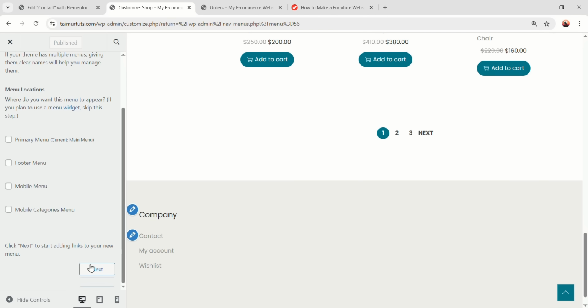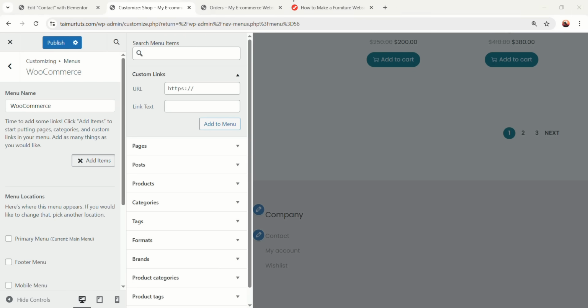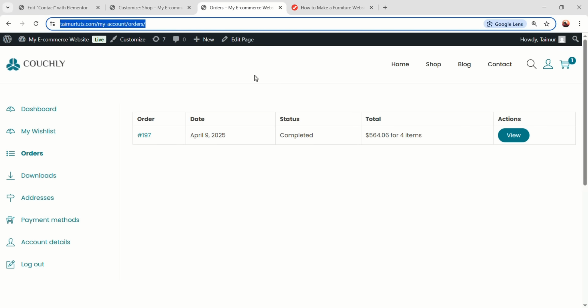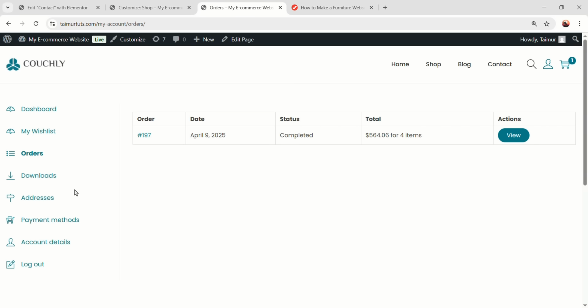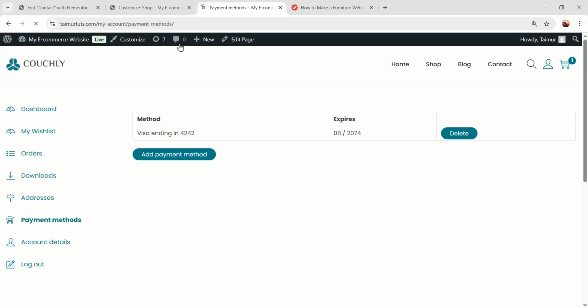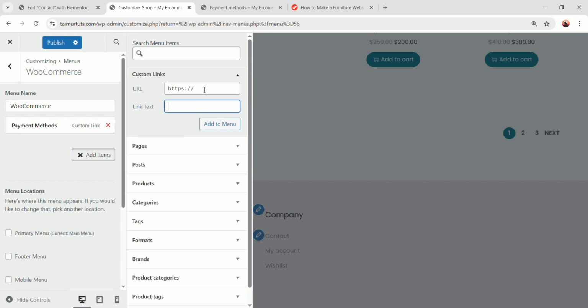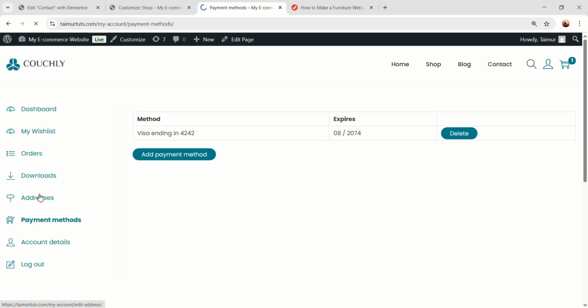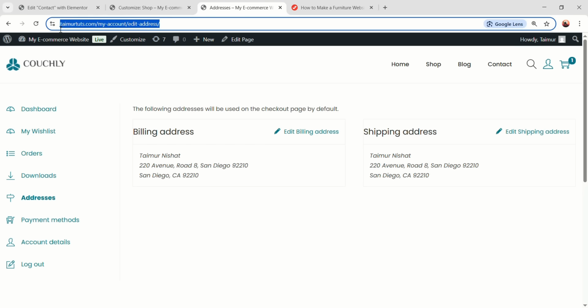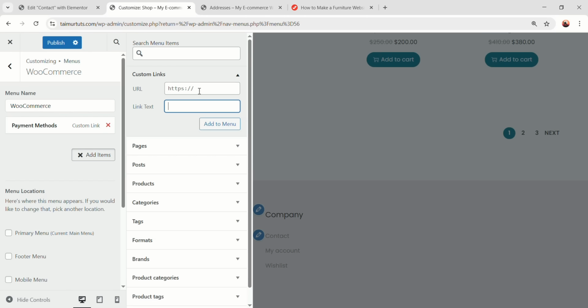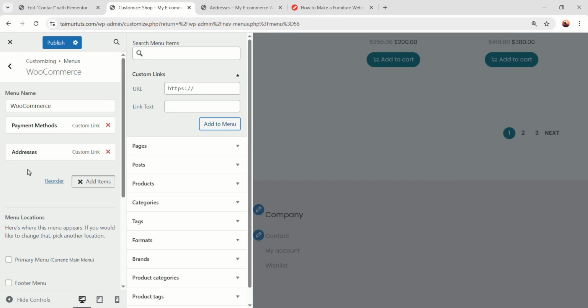Next, add menus. So for this one as well, I'm going to add some custom links. So go to our front-end website, go to my account, and this time go to the payment methods and copy the link of this page, add it here, name it payment methods, add menu. Then let's add another, and it'll be our addresses. Copy the link of the address page, add it here, name it addresses, click here, and a final one, add